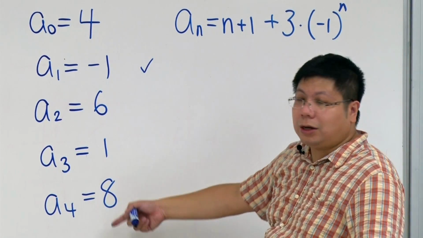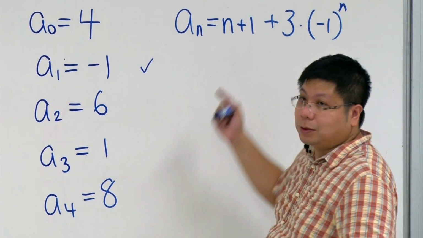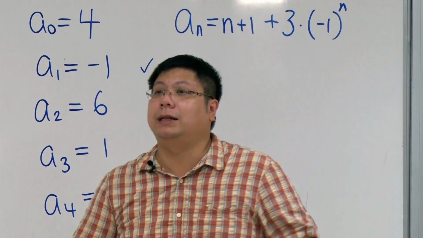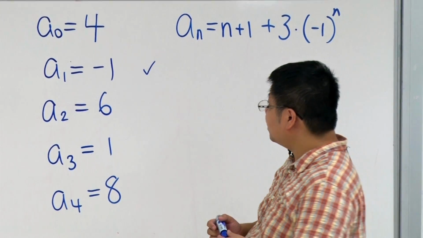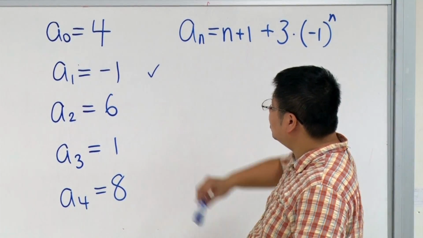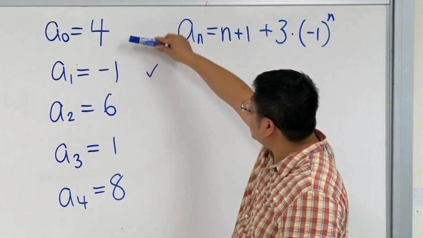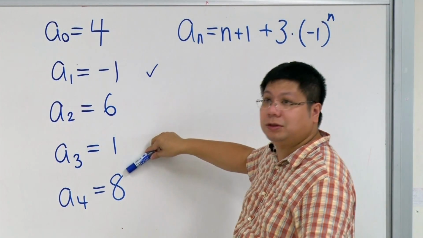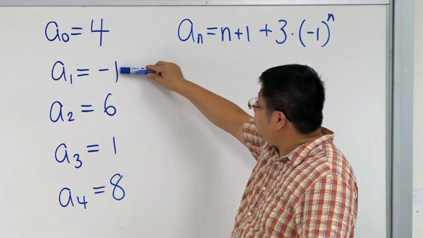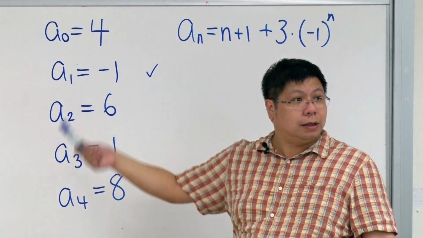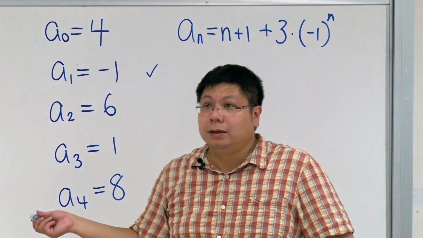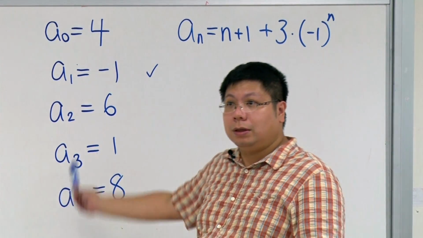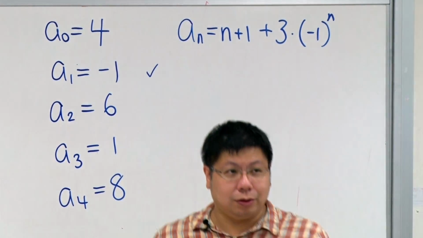So each time it is either n plus 1 plus 3 or n plus 1 minus 3. Okay? So you skip. If these two values differ by 2, then it is okay. So it works. Okay. Now what is amazing is that, so it looks like we are just doing some simple